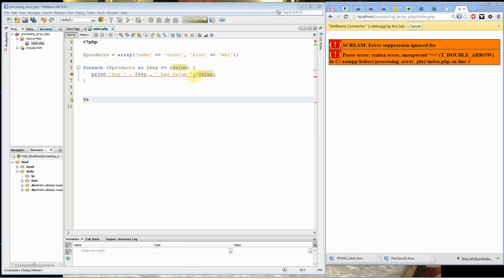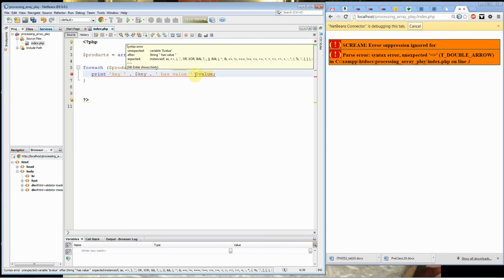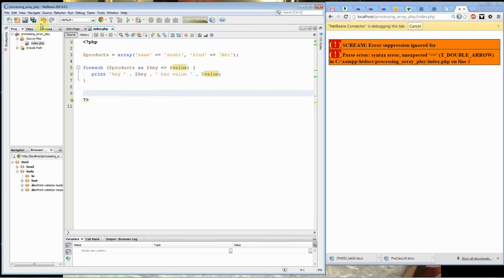You'll see that there's a little typo in the slides here. I'm looking at print key dot, which concatenates with the value key, concatenate with this, concatenate. I'm missing a concatenate there. Okay, so now if I run that,